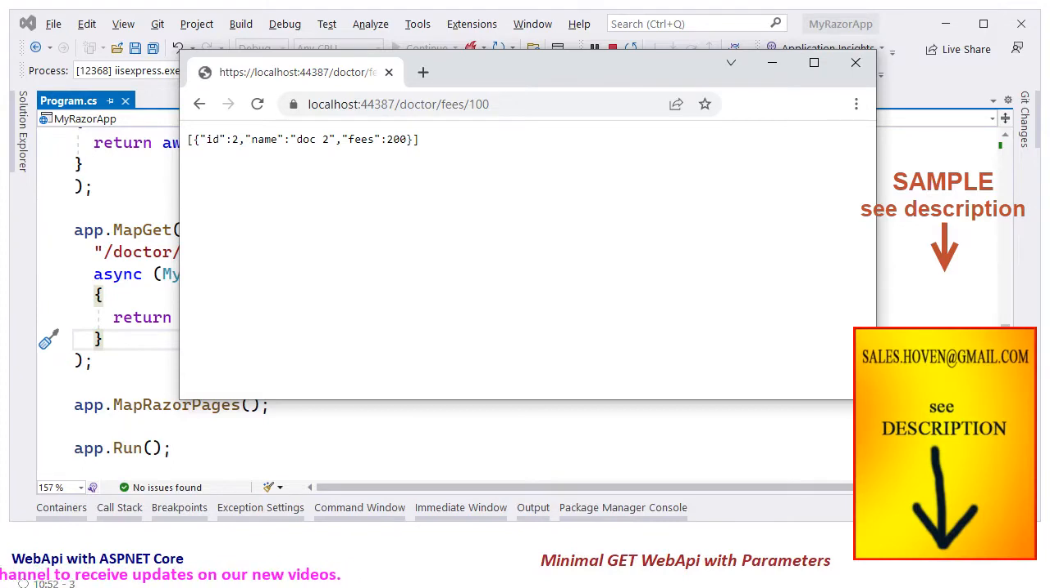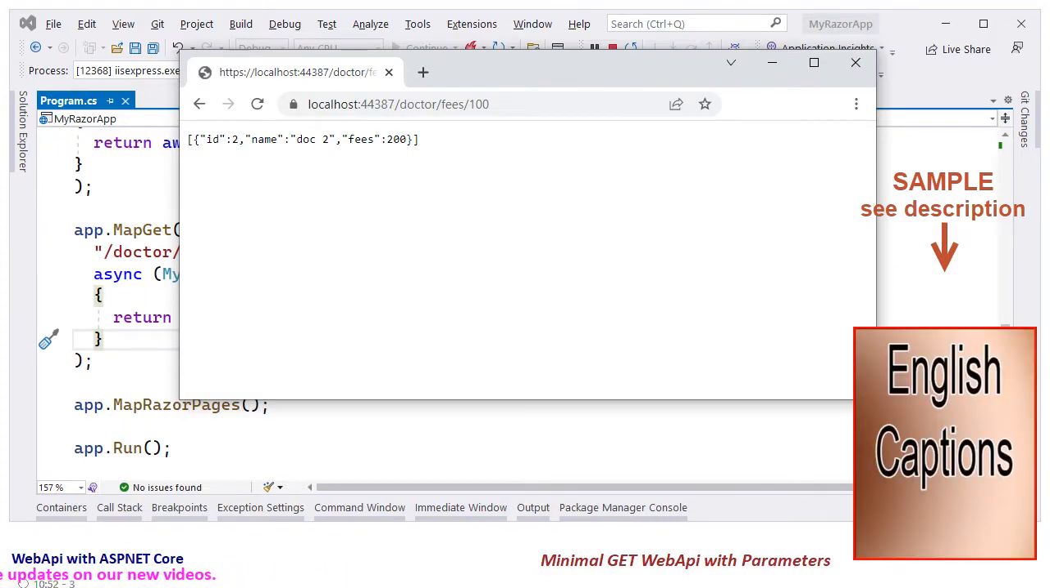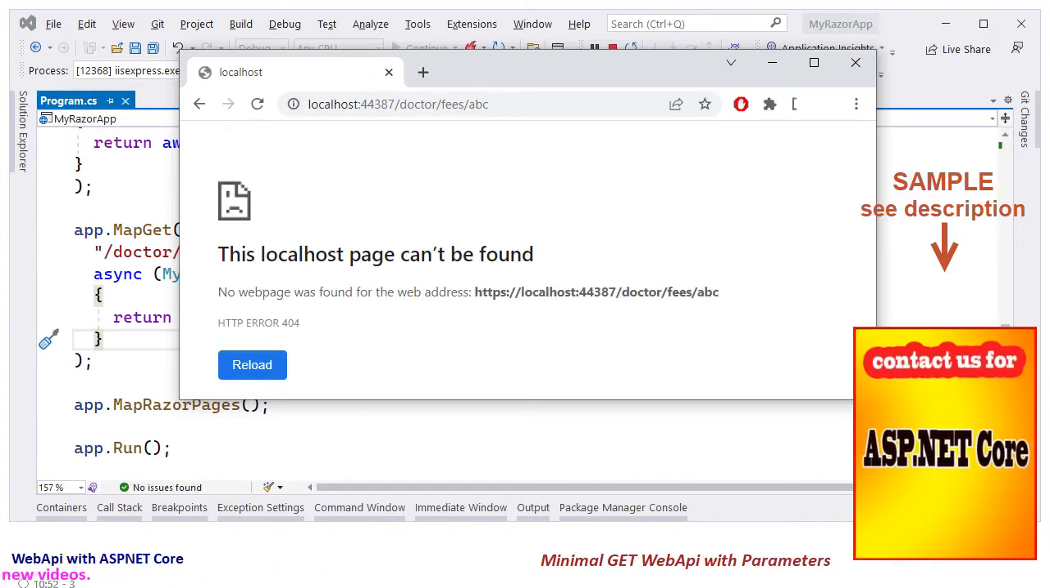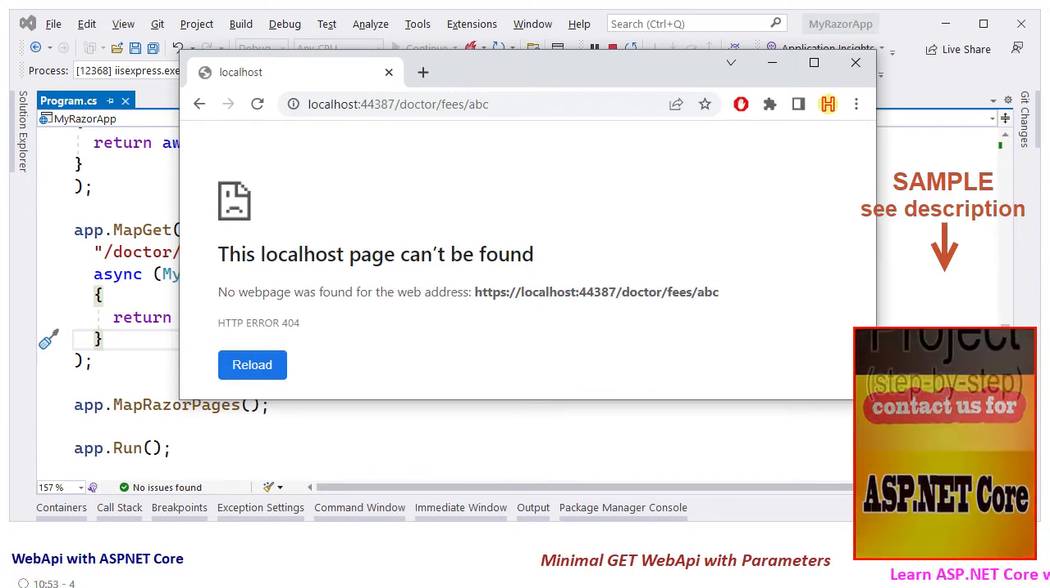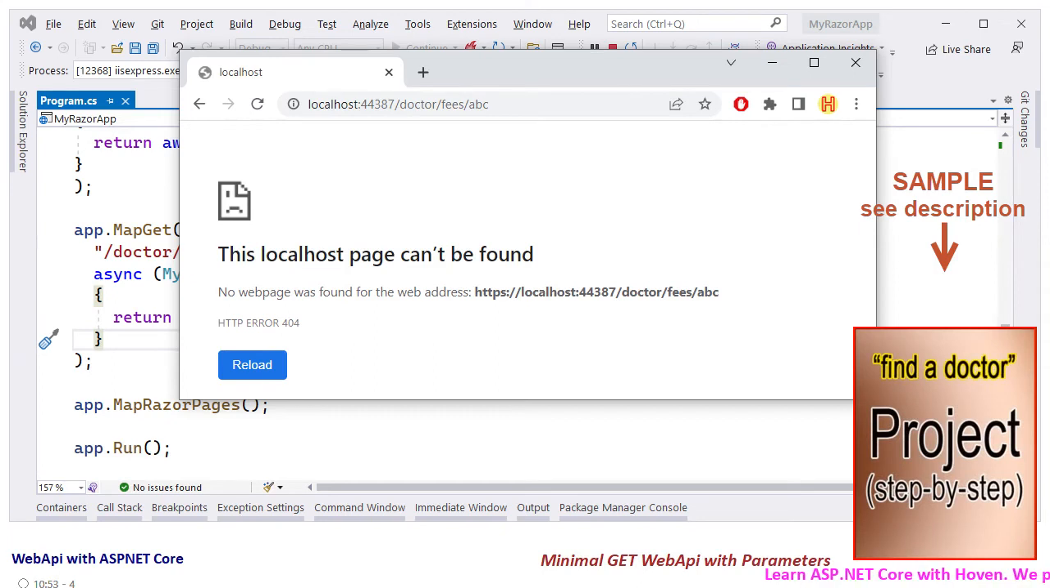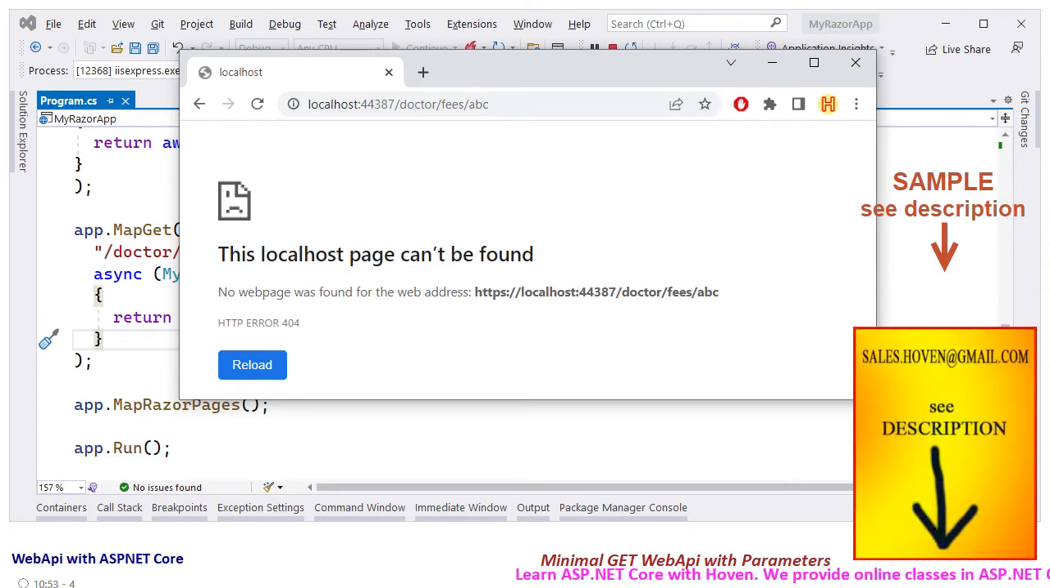And lastly, let us try a URL that will fail the constraints. So we can try this URL doctor/fees/ABC, and we verify that the request fails with the 404 error. You can obtain the